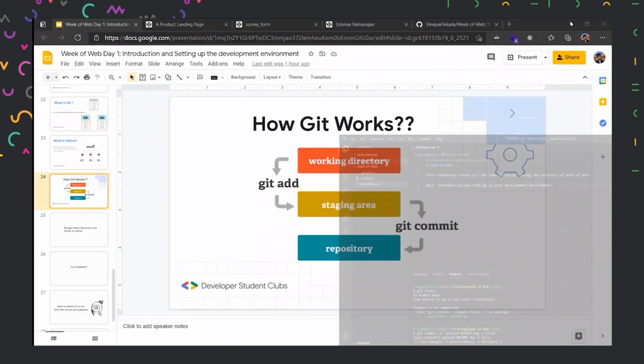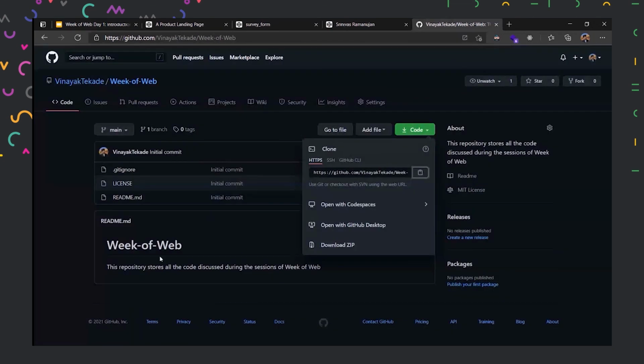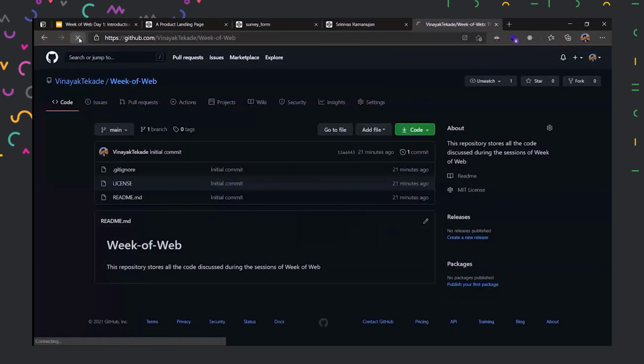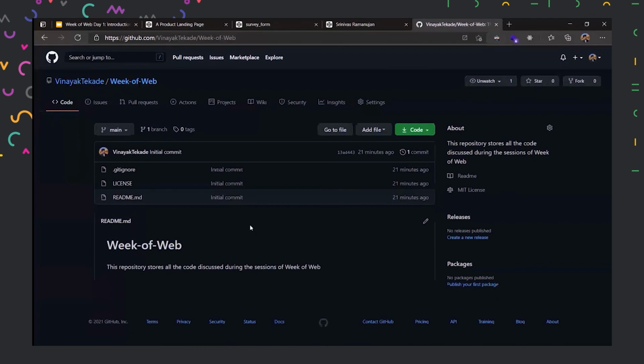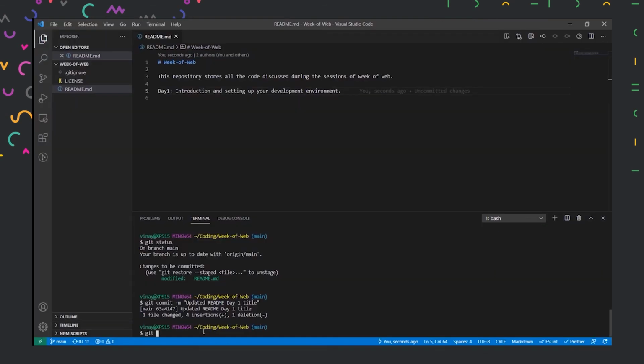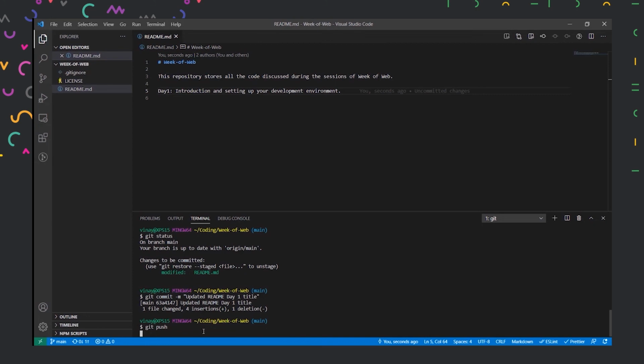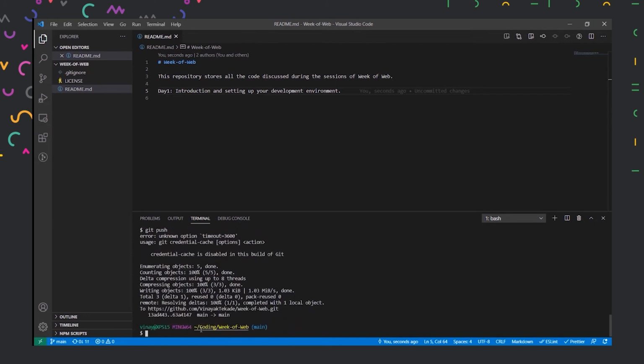And if we check our GitHub and reload, these changes won't be present here because we haven't uploaded our code yet. This is only in our local system, where we have created a version of it. So if I switch back to VS Code and type git push, it will start uploading all the changes I made. All right.